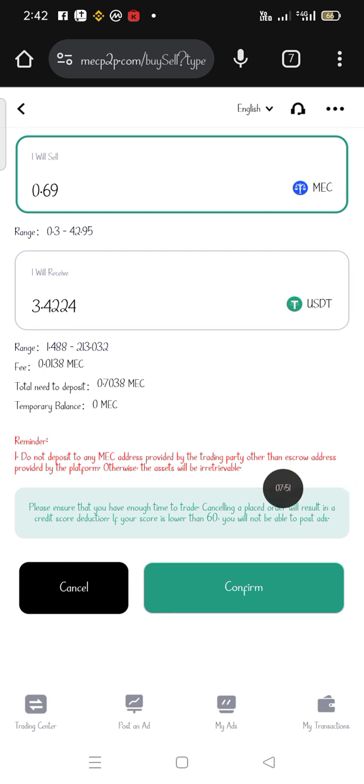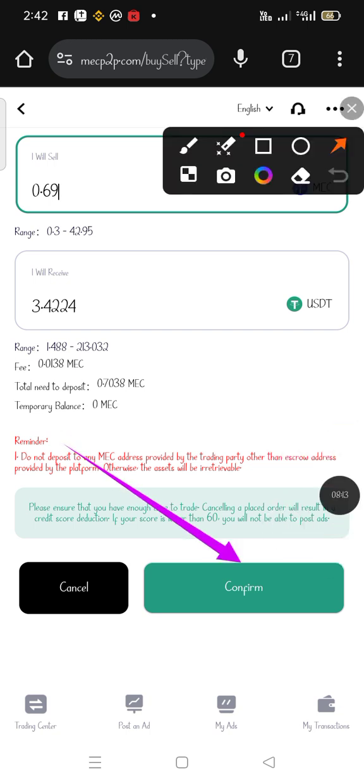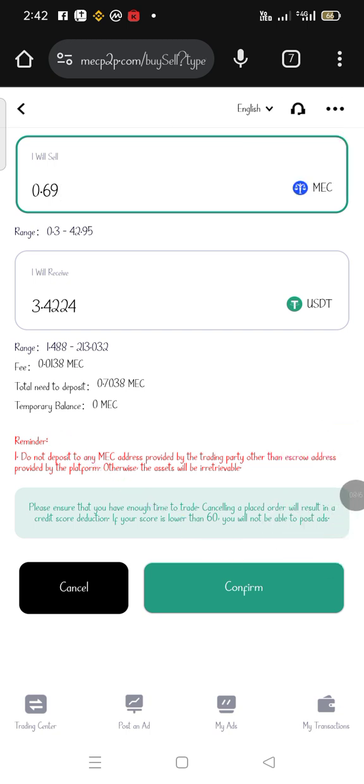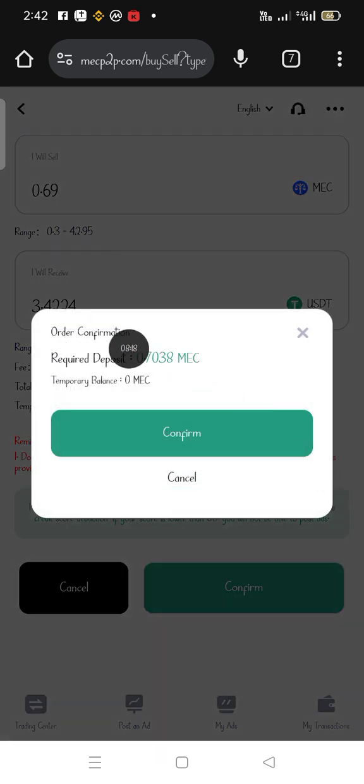So we're going to continue and click on confirm, and you can see: please ensure that you have enough time to trade. Canceling a placed order will result in a credit score deduction. If your score is lower than 60, you will not be able to post ads. So make sure you read all this information. We're going to click on confirm right here because we confirmed everything. You can see order confirmation, the required deposit is that one, and the temporal balance is this. Okay, so you're going to click on confirm,